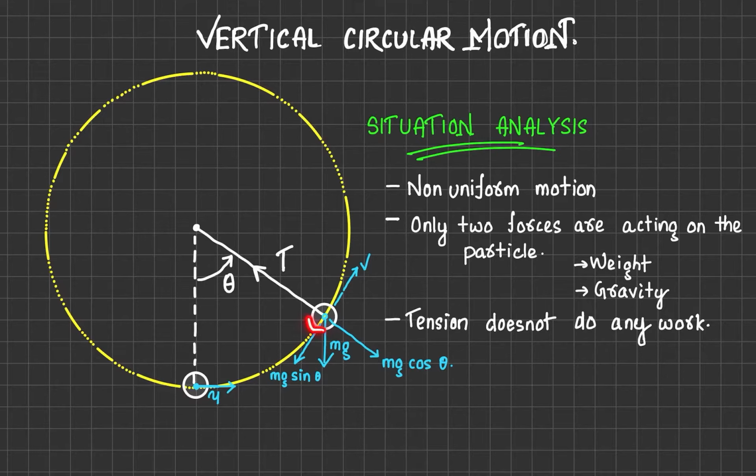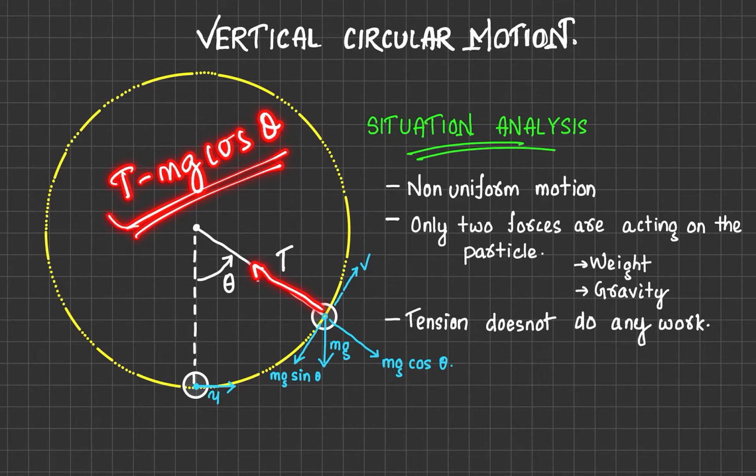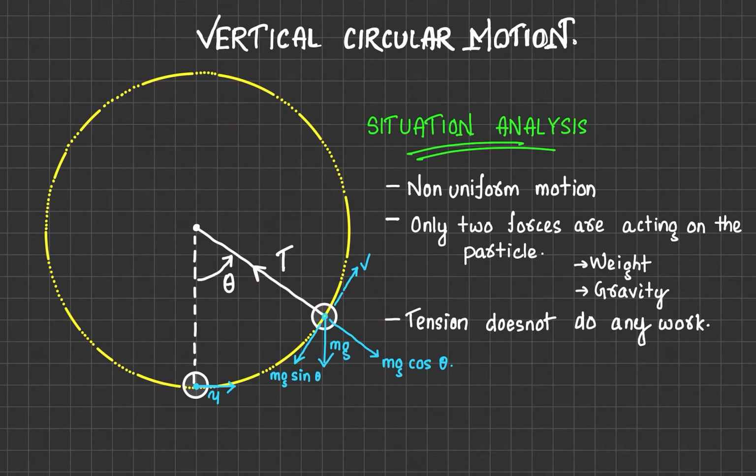Let's talk about any given condition, this condition here. We have the force mg and a tension T. The amount of centripetal force needed is mv square by r. So we take a component of mg in the radial direction, it comes outward here. So this force mg cos theta and this tension, the net force we get is T minus mg cos theta, which will be radially inward. This force will act as the centripetal force in this case.